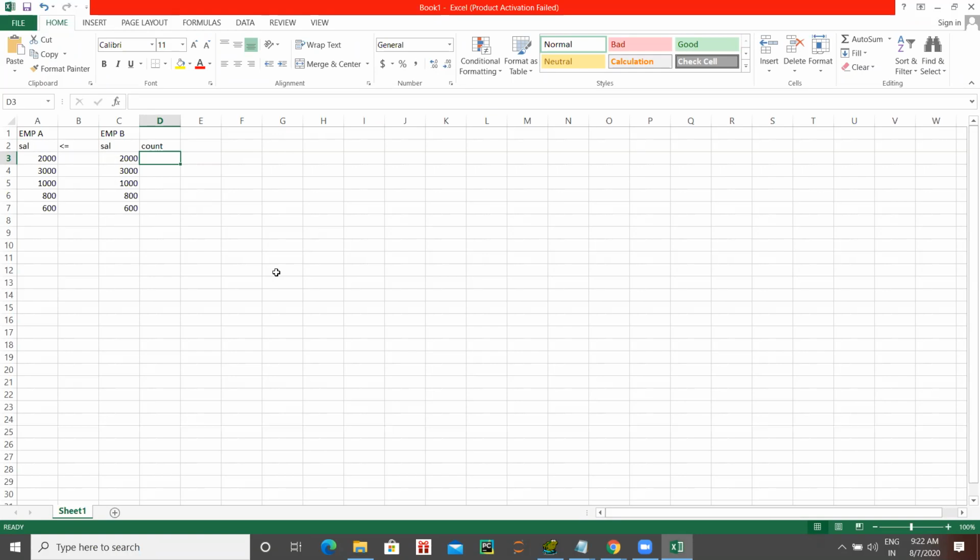See, the outer query is selecting the salary from employee. The inner query is also selecting salary. Now it is doing smaller than equal to between these two, inner query and outer query. So first the outer query will give 2000. Then it will check, 2000 is smaller than equal to 2000. Yes or no? It is equal to. 2000 is smaller than equal to 2000.